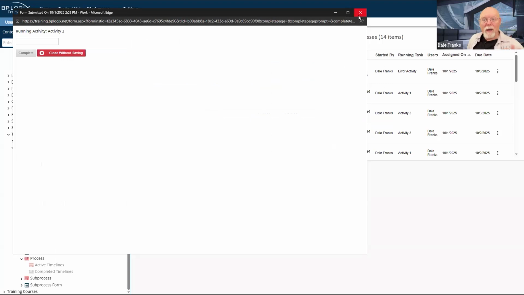Everything is fine. So something else to keep note of. Before I saved my process timeline, activity 3 was dependent on activity 2. Now, when I created the instance and the activity instance for 2 was created, I also now know that I'm going to move to activity 3 as my next activity. It was dependent. So I know that activity 3 in this instance is the dependent activity on this instance of activity 2. So this works fine. It throws me in activity 3.